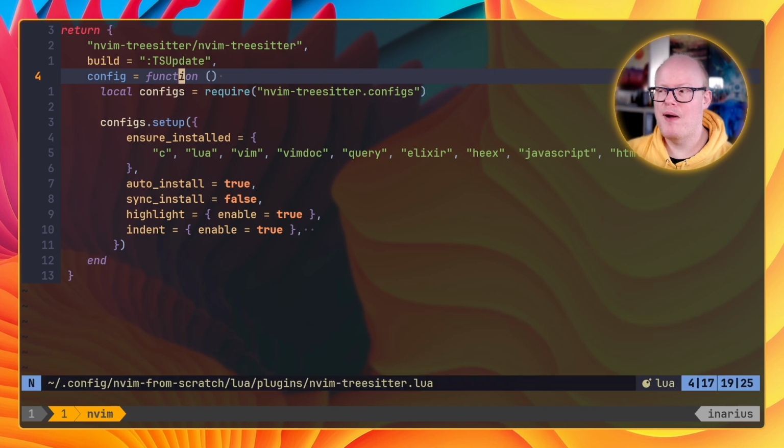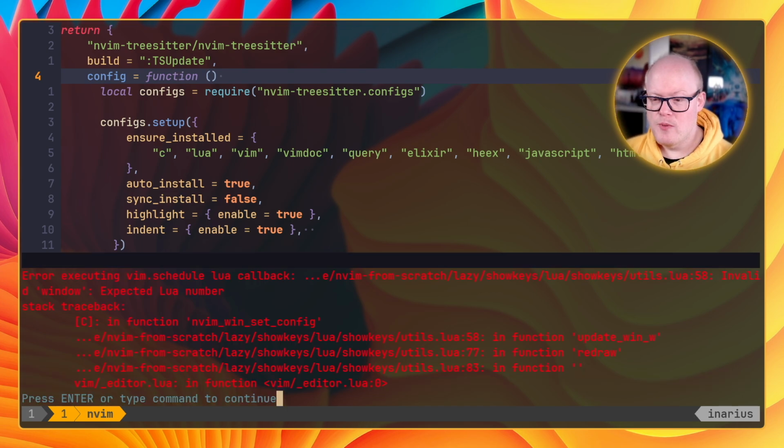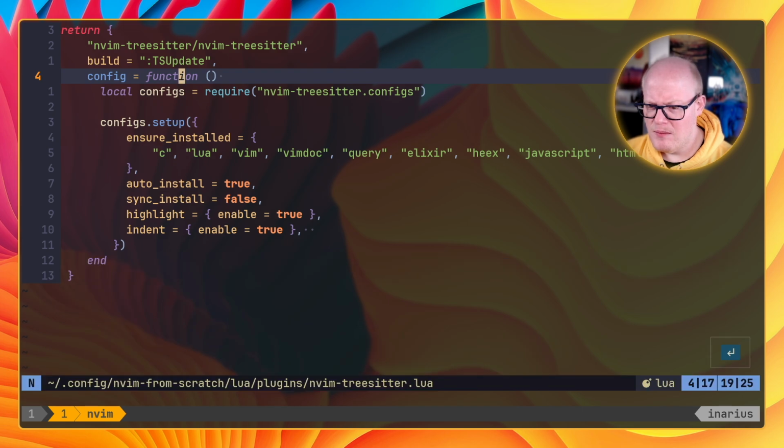So it actually parsed this file and has now a syntax tree of it, which we can actually see. And I'm really not sure what this is. Let me take a look. It is actually from showkeys. Okay, that's interesting. So showkeys seems to make a problem here. I don't really know why, but maybe we will need to disable that again. If that's the case, then I'm sorry. Okay, so